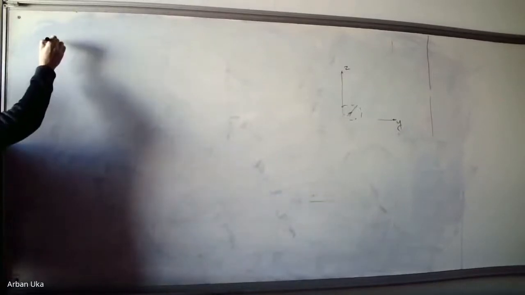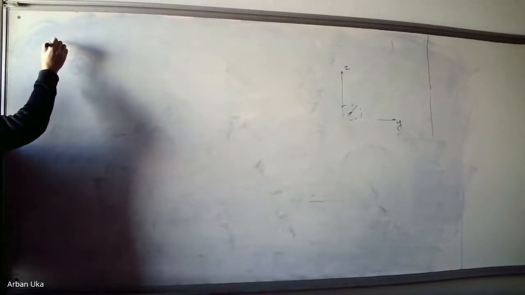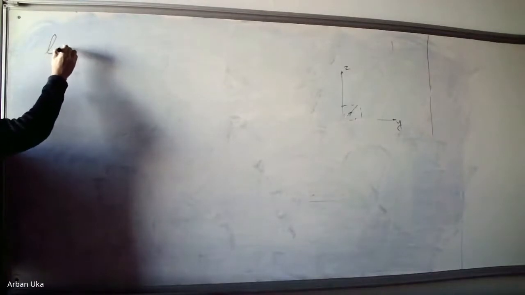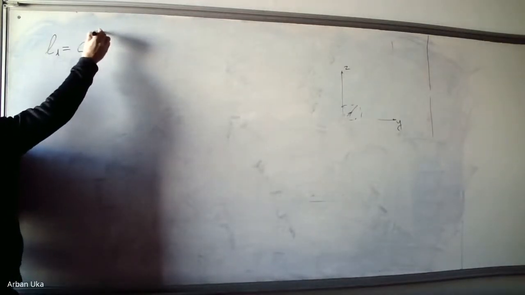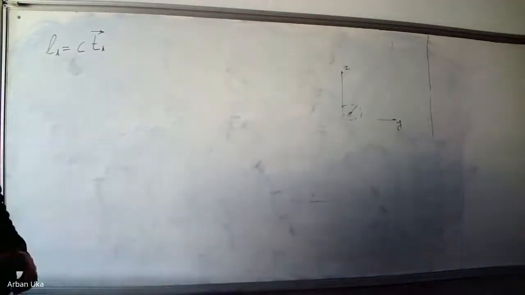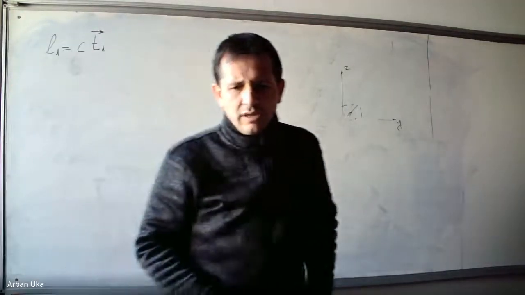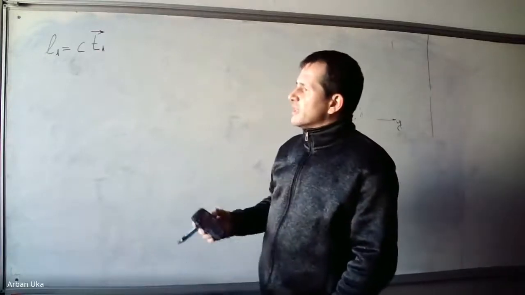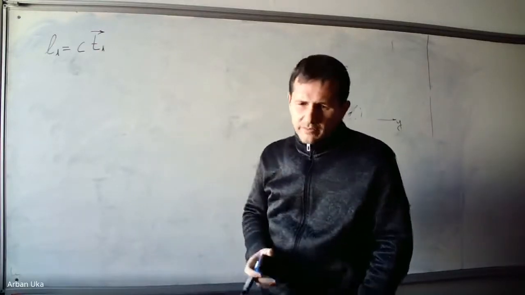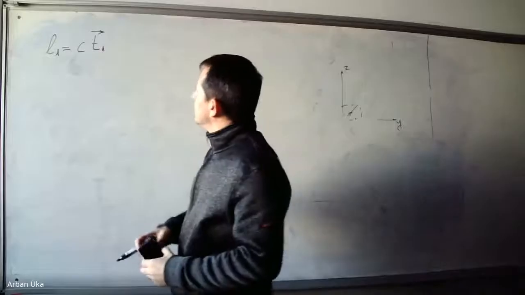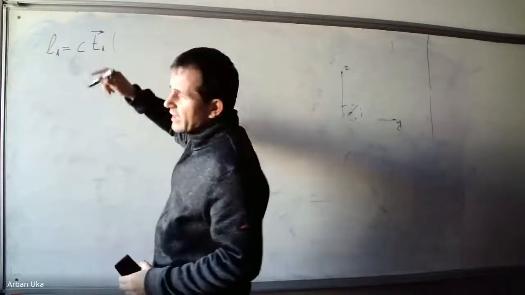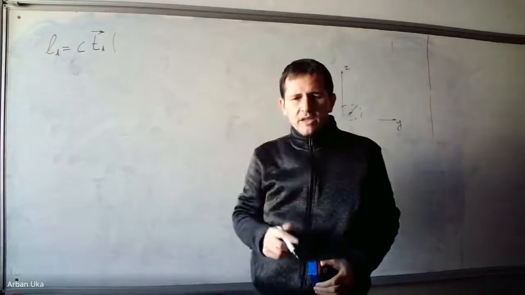Now, we said at the beginning of today's course that a line, L1, can be described as C times T1, okay? So this was a line. I think most of you agreed, and I can ask one question: does this line pass through the origin? What do you think, Enrique Kumi? Yes, I said that the line passes through the origin. That's correct. This is a line that passes through the origin because this C includes the zero,